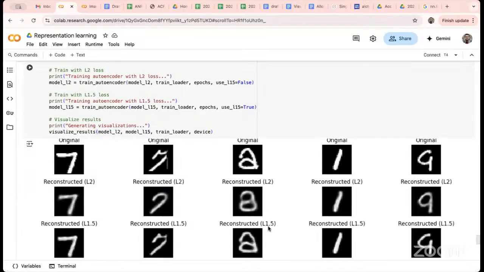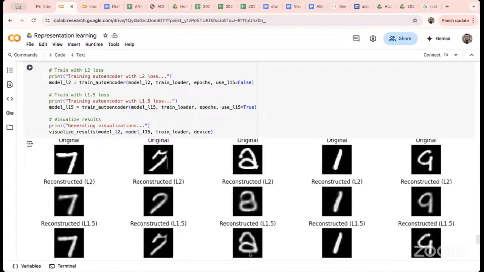But the moment you invoke L1.5, the norm dimension is less. Now you're putting more penalty. So your weights are adjusted in such a way that it will go more close to what is there in the original form, and it will not try to average out the effect. So you can see here it is trying to reconstruct not as 8, but trying to go towards the 2.